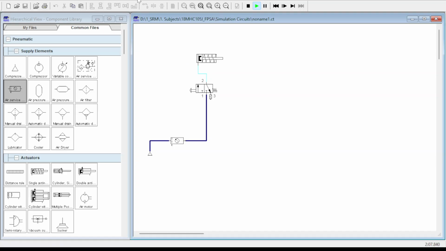We have an option in FluidSim to visualize it in slow motion, where under options in simulation, you have an option of setting up a slow motion factor where the simulation can be visualized in slow motion. I have set a slow motion factor of 1:10, and you can visualize how the fluid flow is happening through each and every part of the circuit.